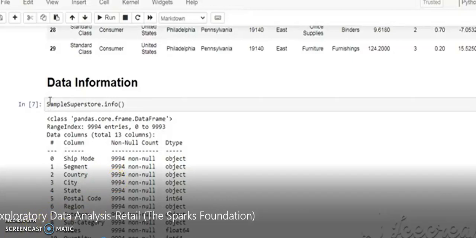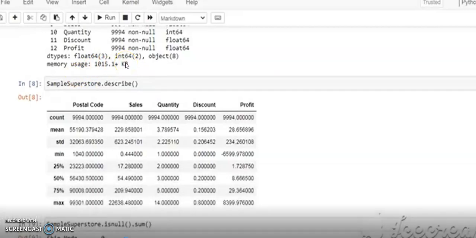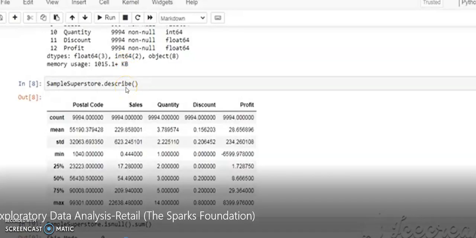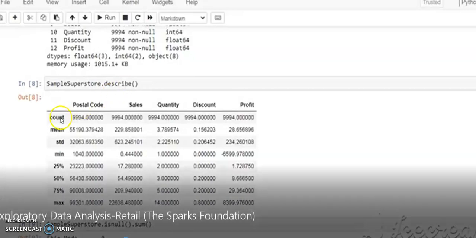Now the describe function. But before that, as you can see, the data types are float 64-bit and int 64-bit, which are the data types used in our data frame or data set. The describe function describes our data, meaning the statistical values: count, mean, standard deviation, minimum, 25%, 50%, 75%, and maximum.